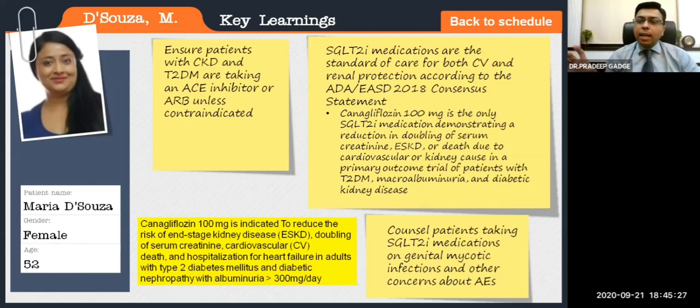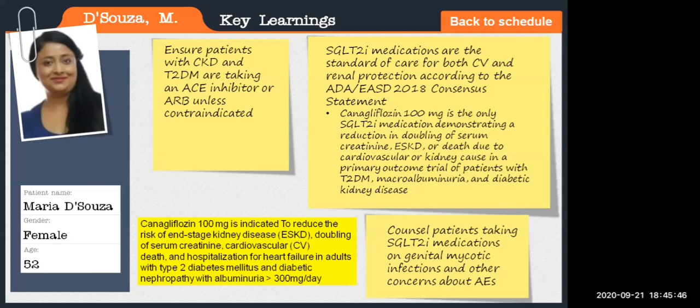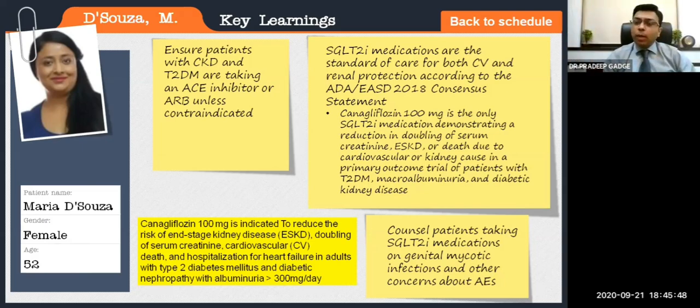Now try to understand how these two drugs given together can do wonders for your CKD patient. See, this is the glomerulus. Afferent comes in and the efferent goes out. What exactly do ACE or ARBs do? They dilate the efferent vessels, so the pressure in the glomerulus goes down, and that is why the kidney benefits are seen. Proteinuria decreases, and glomerular filtration rate starts improving.